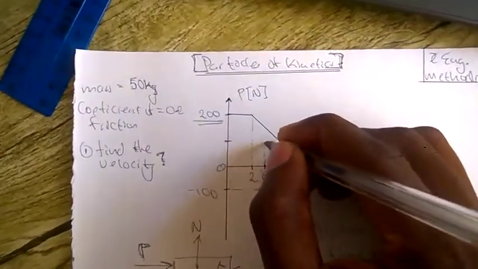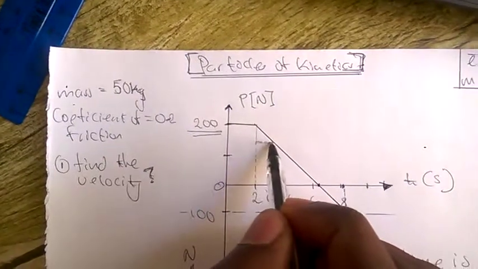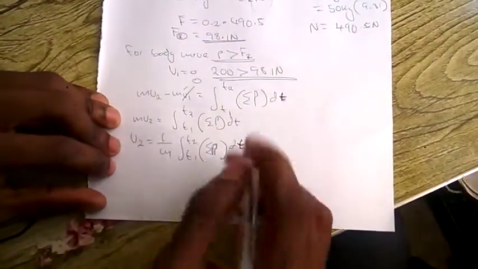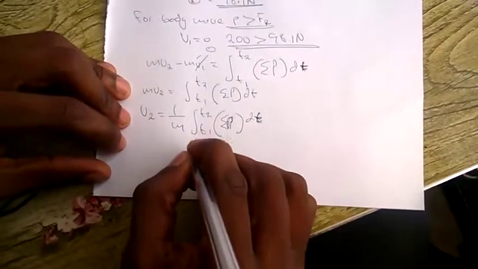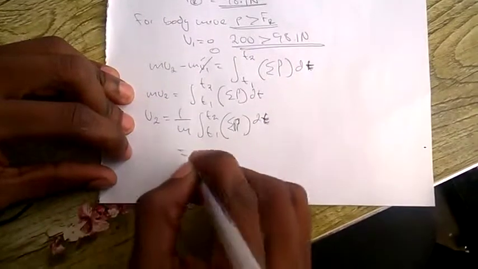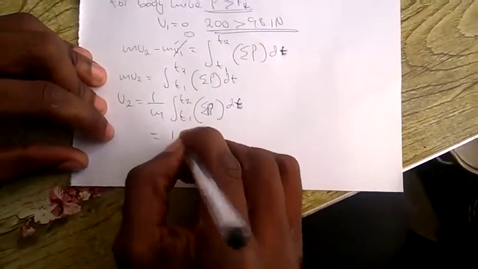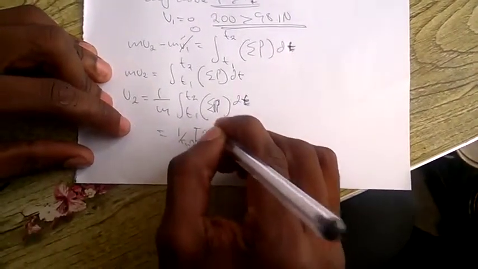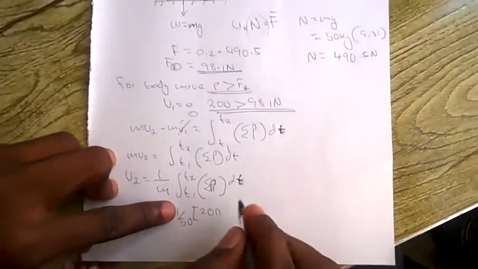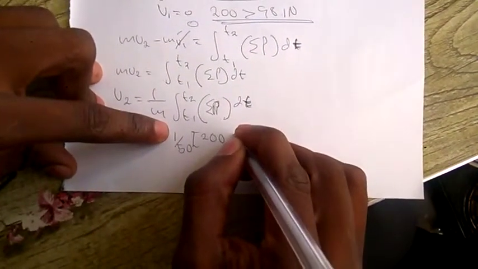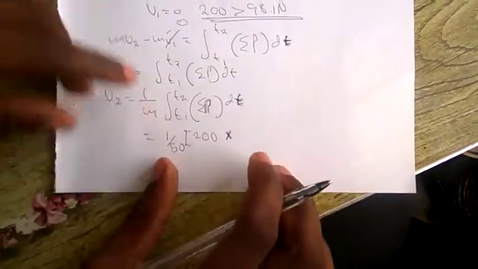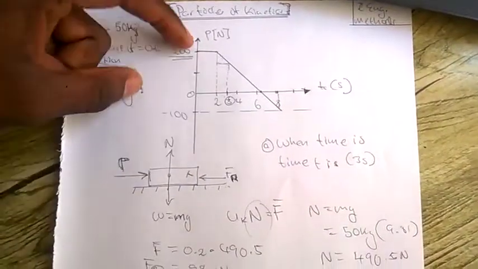We will have our shape looking something like this. So we are going to take the area under the graph, and notice that this P is a constant. We will take it out of the integral, and we will have our values being 1 over 50, 200, which is our P. So this is the summation of the area. We're going to take the sum of areas under the graph and add them together because it's a sum. From this point to here, we have our length being 200, which is our first P,